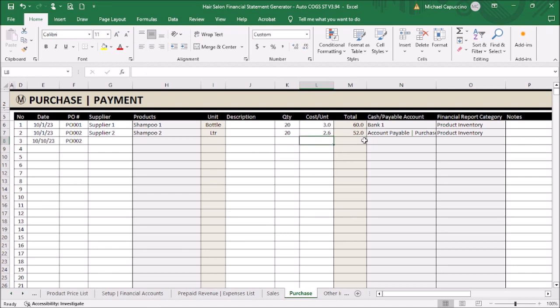As you can see in the samples, you can write individual transactions by item or a summary of your daily, weekly,